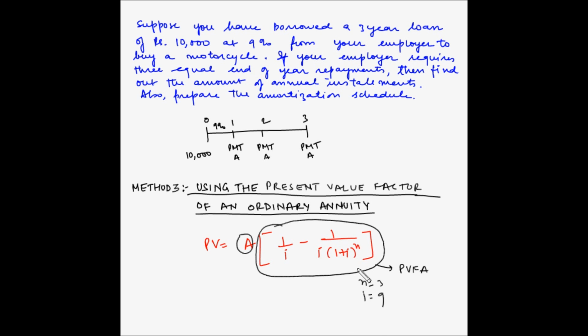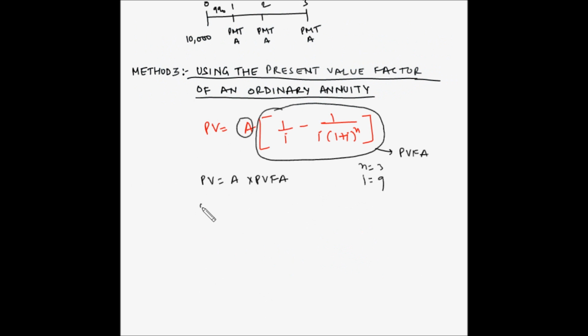So let's look at the table for present value factor of an annuity and find out this value. And once you find out this value, basically the formula becomes PV is equal to A into PVFA, or A is equal to PV divided by PVFA. So we know this is 10,000, and once we know PVFA, then we can calculate the payment